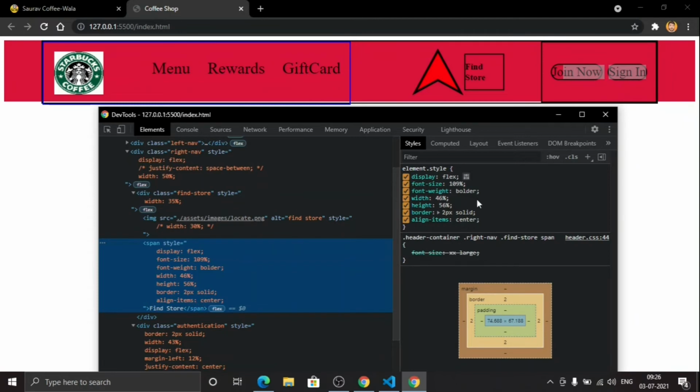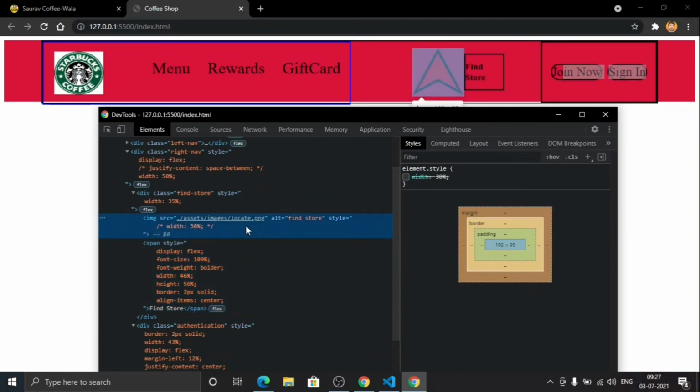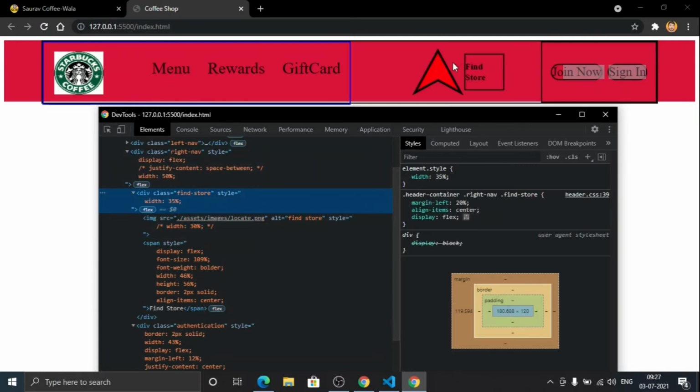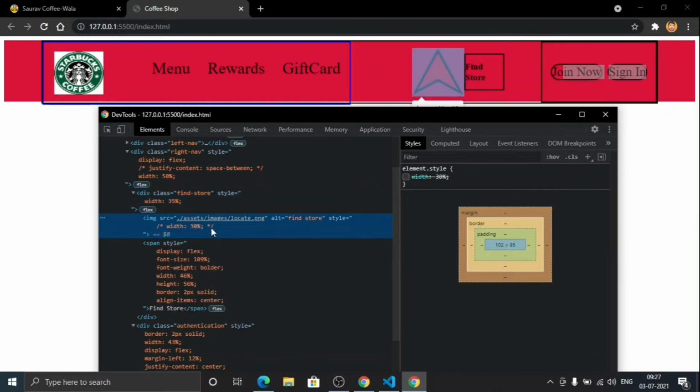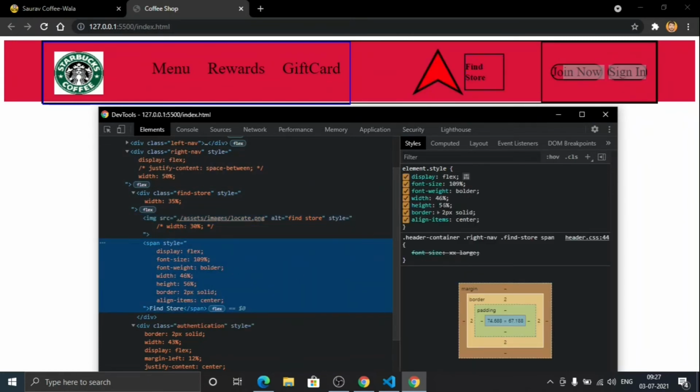Okay, so basically the error was I have not provided a width to this image section. So if you see this find store, it has 35% length of its parent container. So if it got 35%, and in this 35%, the image section is using all the length. If I exclude the width of this container, I can't increase this more because